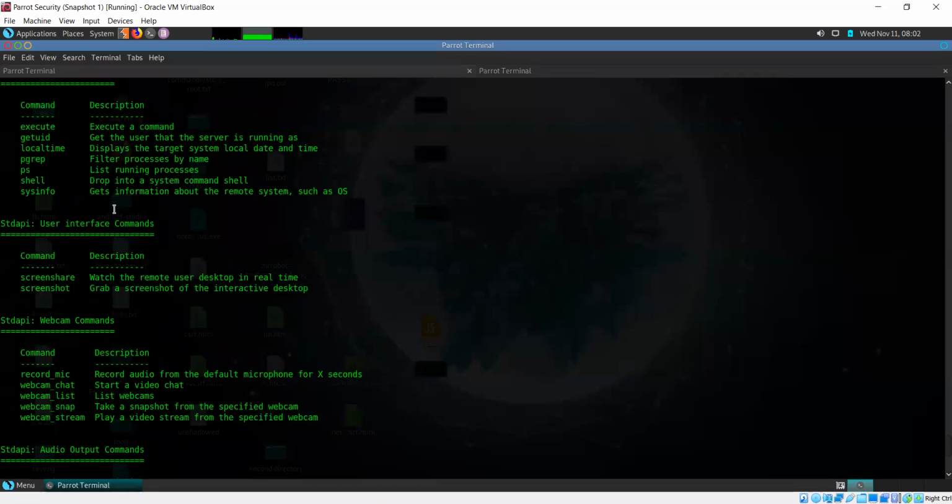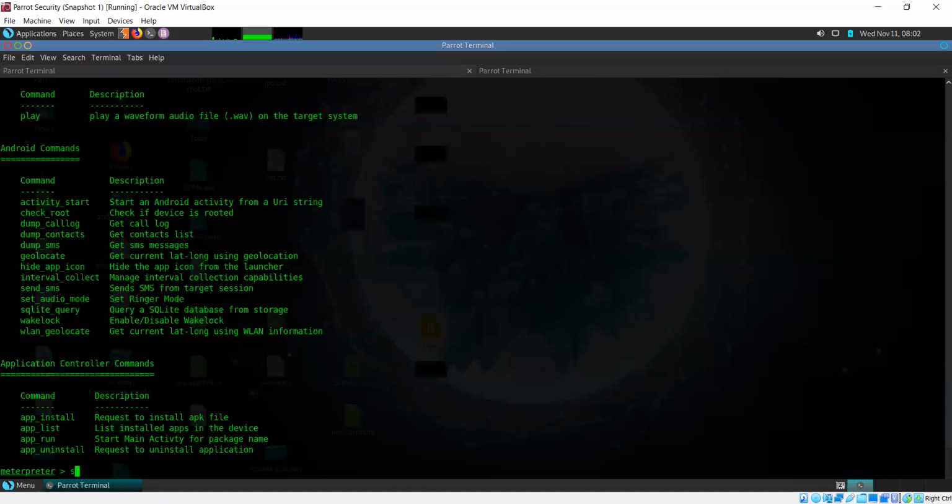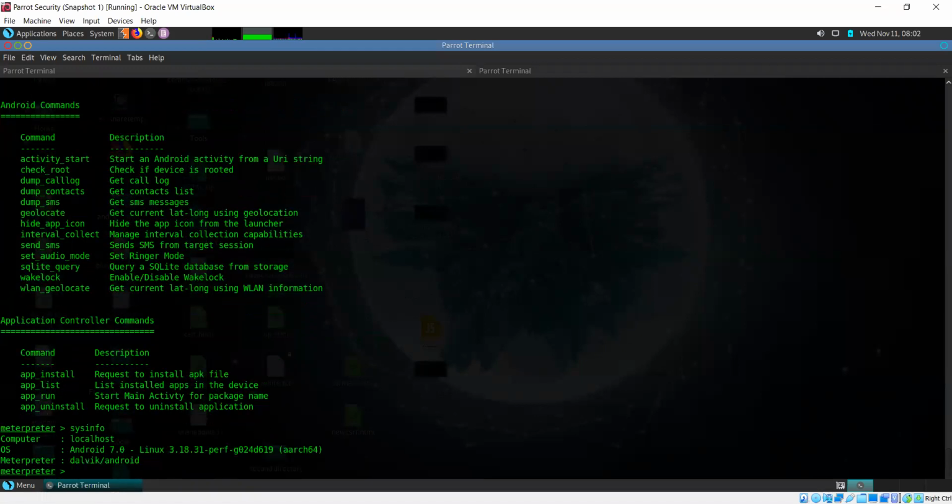And you can also get system information. So if I say sysinfo, it will give you some details. The Android version.